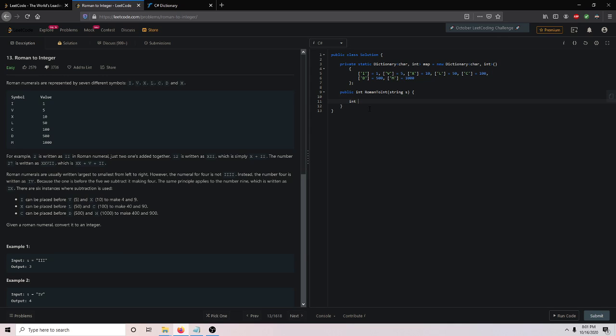So I'm going to want 3 variables: current is equal to 0, previous is equal to 0, and number is equal to 0. And what we're going to do is use an enhanced for loop, which is a for each, and iterate through every single character in the string. Remember, a string is a collection of characters. So for each